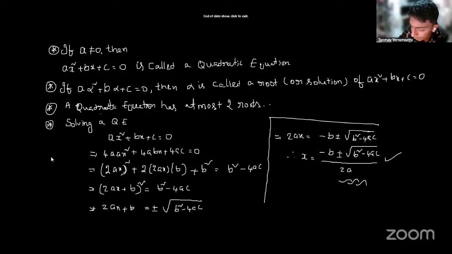Right. Now see, very clearly, just now we have proved that the roots of the standard quadratic equation are minus b plus or minus root of b square minus 4ac by 2a, right? Yeah. Now see,